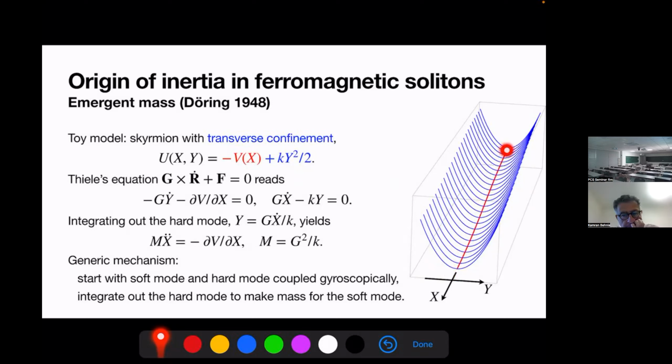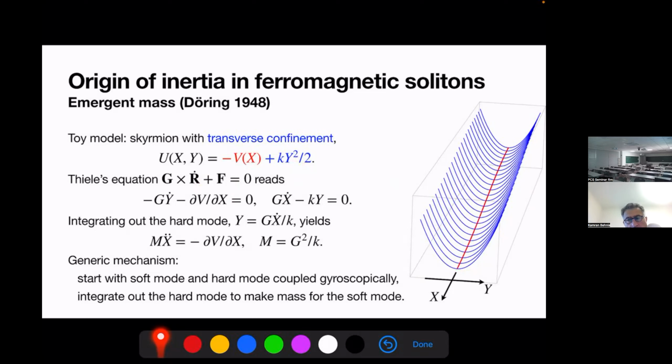So the x motion will be soft and the y motion will be hard. So we might want to integrate out the y motion because the skyrmion wouldn't move much in that direction anyway. And so here is Thiele's equation that gives the massless motion ostensibly, which when you project onto the x and y axes gives you these two equations, where we have the confining potential k_y y squared over 2 in the y direction, and some potential energy that depends slowly on the x direction to give you a very weak force in